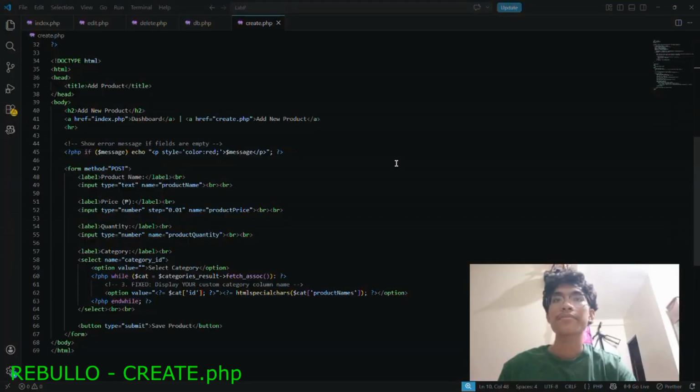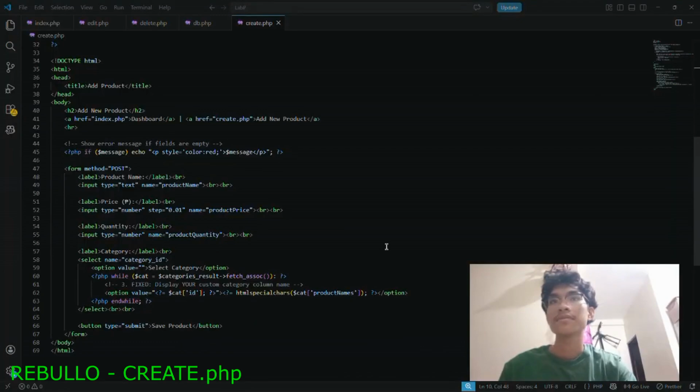If we select from the dropdown, there's a while condition, and inside it the cat variable is equal to categories result fetch assoc. What this does is loop through each category row to build the dropdown options.